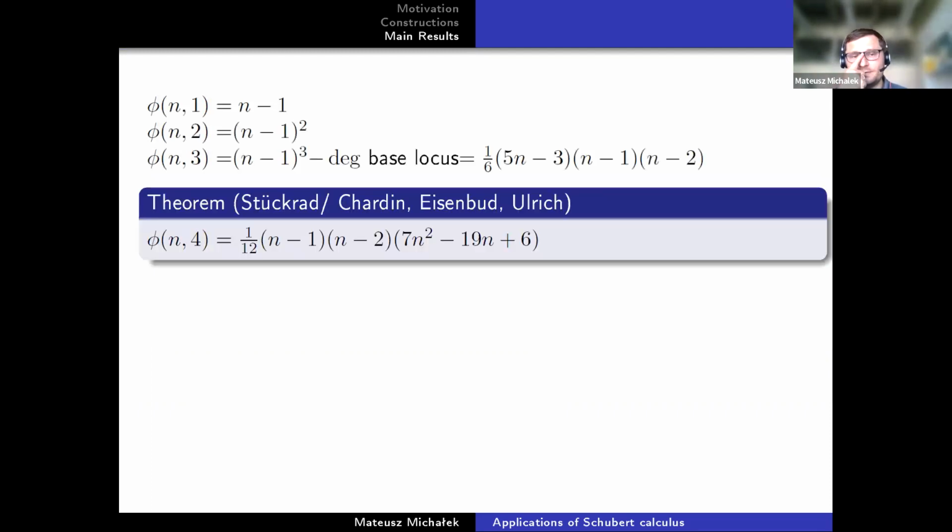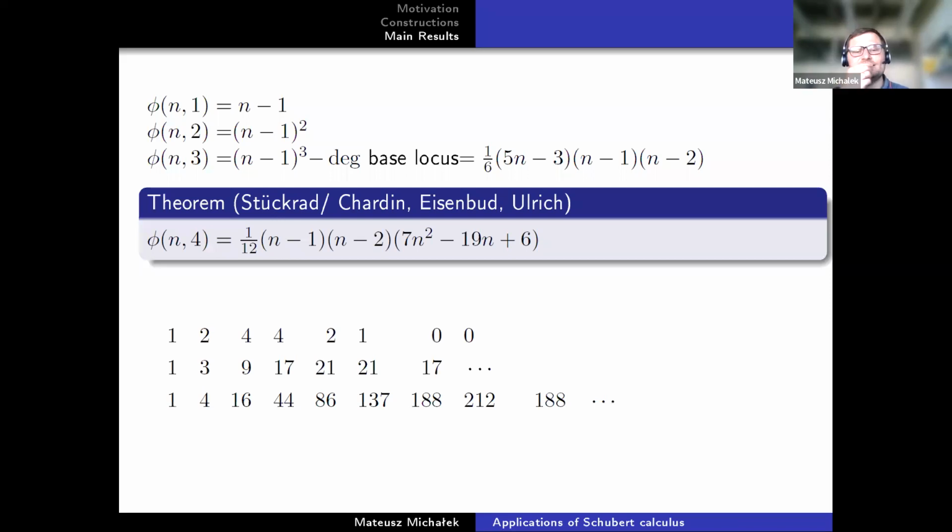Before our work, they were only known up to degree 4. So this is the case of symmetric matrices. If you put them in a table, you get a table like that. If you did exactly the same table, but for diagonal matrices, you would get the Pascal triangle. So switching from diagonal matrices to symmetric matrices, you can say that this is like a version of a Pascal triangle.